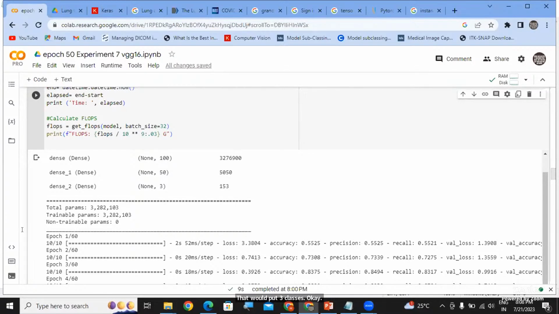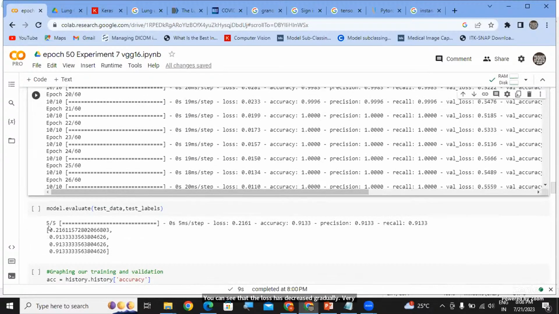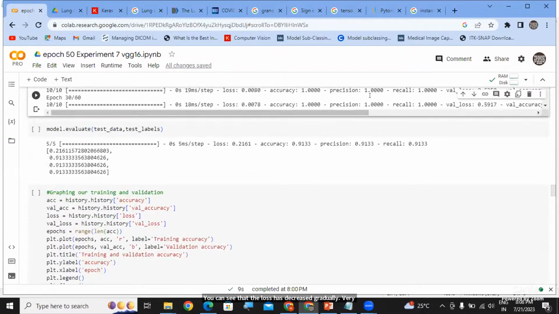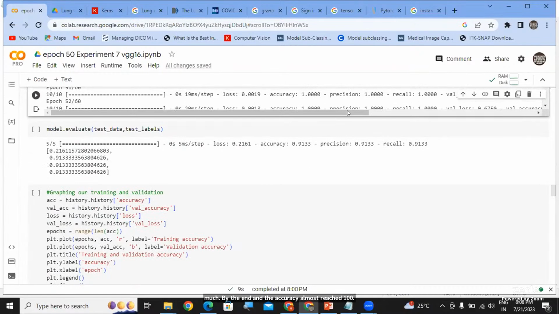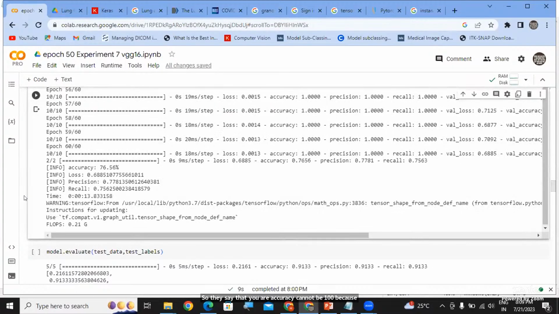With 60 epochs, you can see that the loss has decreased gradually very much by the end, and the accuracy almost reached 100. They say that your accuracy cannot be 100 because then your model is overfitting. So we can consider this model to be overfitting, but yes, it did predict very well. I got 76.56 accuracy finally after validating, not in training. And after evaluating, this is the loss, precision and recall, evaluated with the test data. Test data is something which was never seen by the